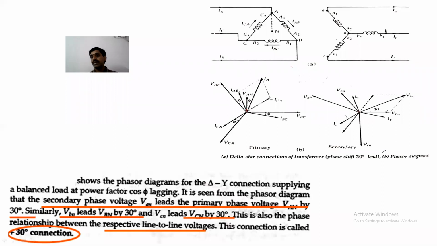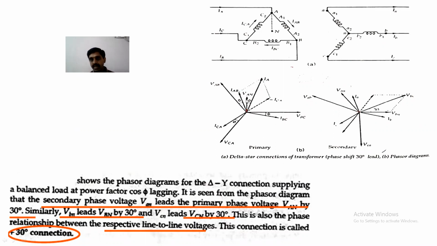I am showing these phasor diagrams at the end. So like this, you can draw the phasor diagrams for all connections. If you see, for this delta connection, this is VBC and this is IBC. There is a lagging power factor, and this is VAB, this is VCA. All the line as well as phase voltages have 120 degrees phase displacement.